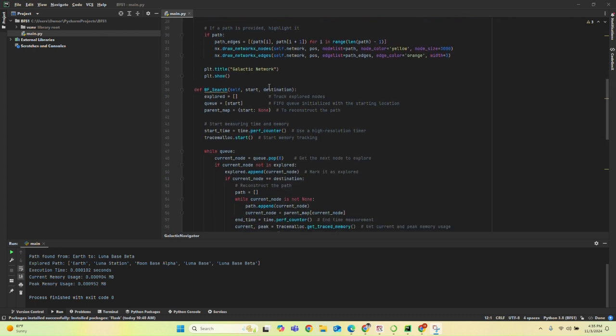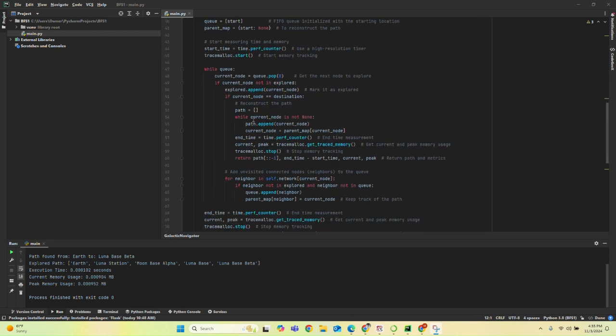Okay, so now to the actual real algorithm. This is the bulk of the class. The method uses the BFS search algorithm, of course, to find the path from the starting node to the destination. So you have an if statement: if the current node is not explored, it's going to append the node that it's on and mark it as explored, as you can see. And then if the current node equals the destination,